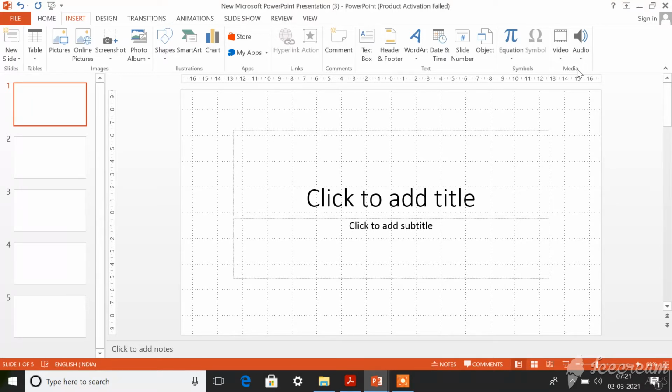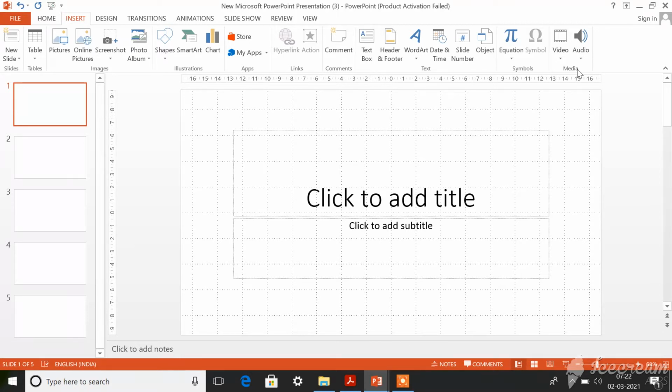Let's see in this chapter how to use some of the important groups among all these. The first option that you're going to learn is the SmartArt graphics option.